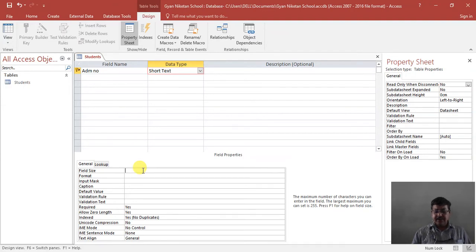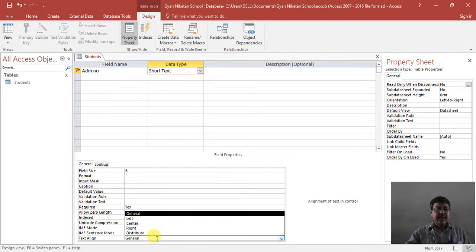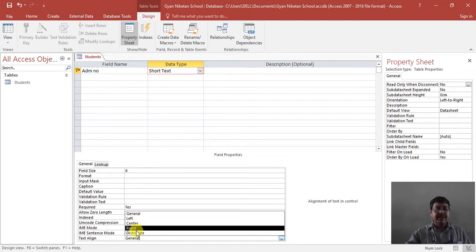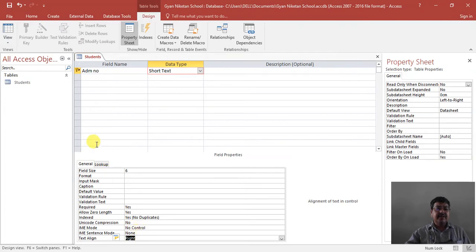Then you can set the default value if you want, and you can set the alignments also. By default it is right alignment. You can use general, left, center, right or distributed. It depends on you. I am going to select right alignment.